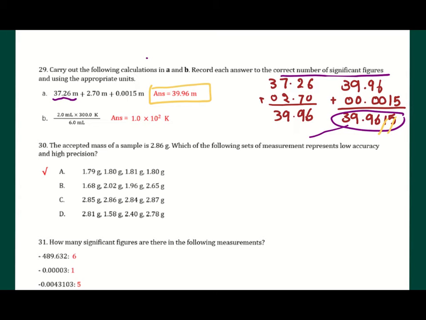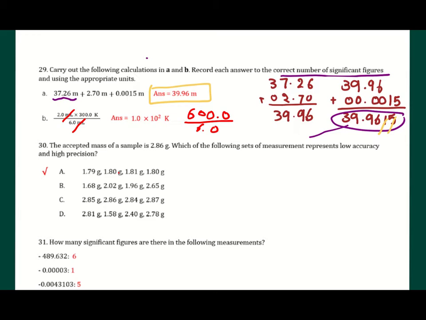Next calculation, you are asked to do this calculation and also round it to the correct number of significant figures. 2.0 times 300 over 6 milliliter. You are going to cancel out the unit. Don't forget, milliliter is going to cancel with milliliter. 2 times 300 is 600. So the answer here is 600.0 over